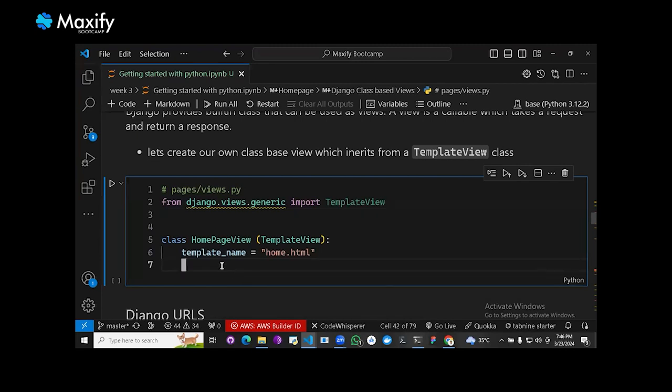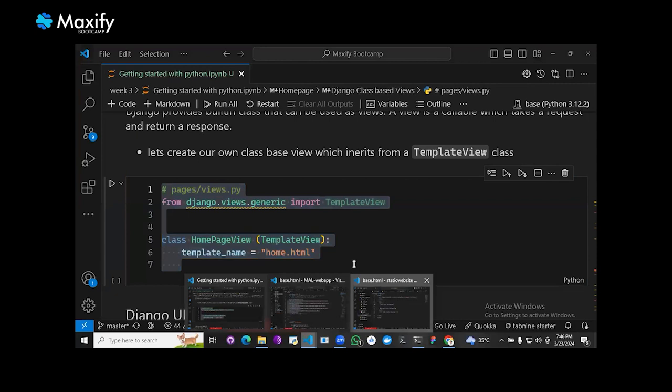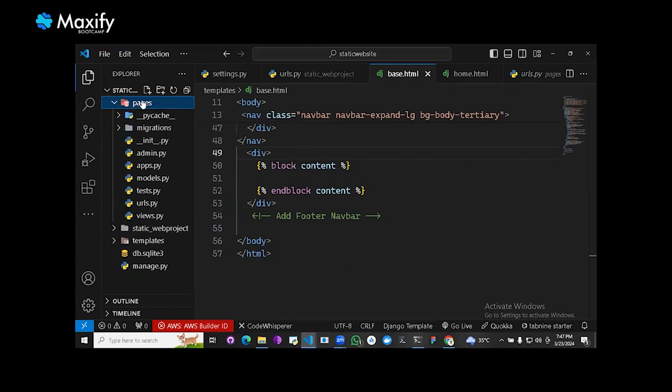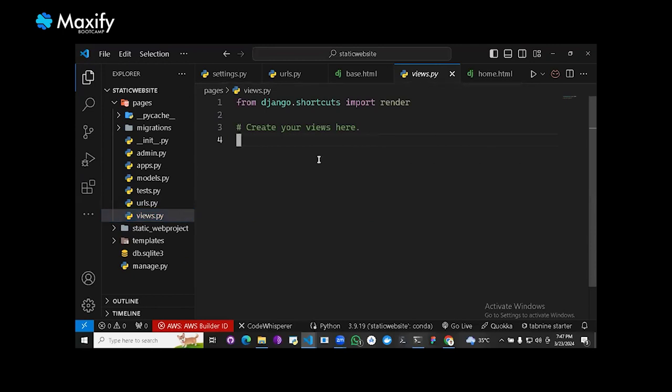So this is the code we just need for now. We're going to copy this code and come to our project. Inside the pages application, can we now see the way the structure is? We have the templates at the same level as the project. Now, inside the pages application, there's a file that was created for us by default, which is views.py. This is where all your views in this project live. We created this urls.py, and I'm going to go into it very soon. Now, this views.py, let's simply